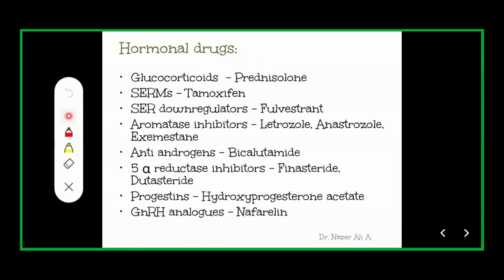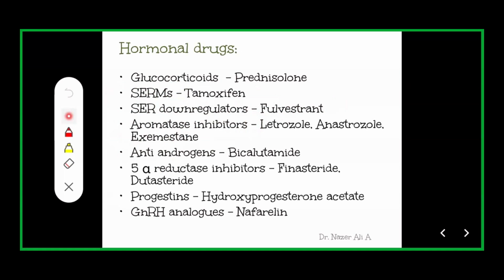So there are four ways by which we can interrupt the estrogen process that is important in the development of certain cancers such as breast cancer. One is reducing the amount of estrogen in the body. How can we do that? By interfering with its production by targeting the enzyme aromatase. Second, we can modulate the selective estrogen receptors. Third, we can downregulate the estrogen receptor, that is, reduce the expression of the estrogen receptor. One classic example is fulvestrant. Fourth, we can suppress the ovaries. For that, what can we do?